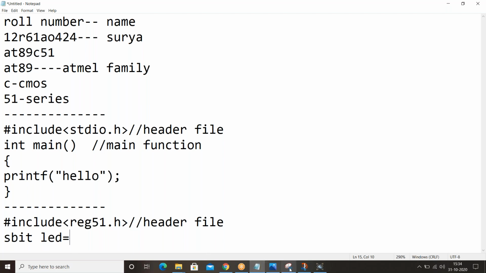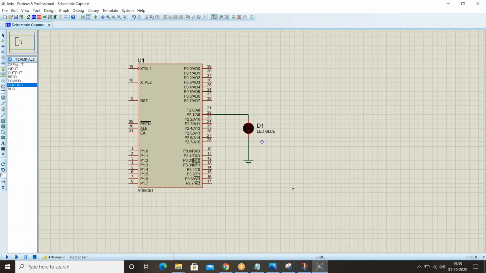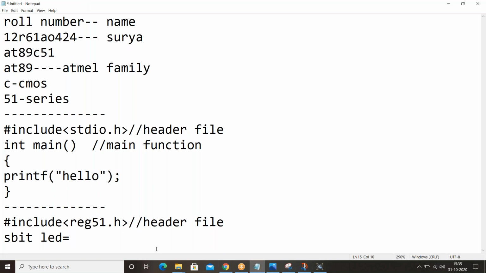Hardware declaration, in the sense, open your Proteus. This is our hardware part. What's our theme? We want to turn off the LED, right? The LED is connected to port 2 pin number 1. This is the thing which you have to mention in Keil. So the LED is connected to port 2, where P is a capital letter, port 2 pin number 1.